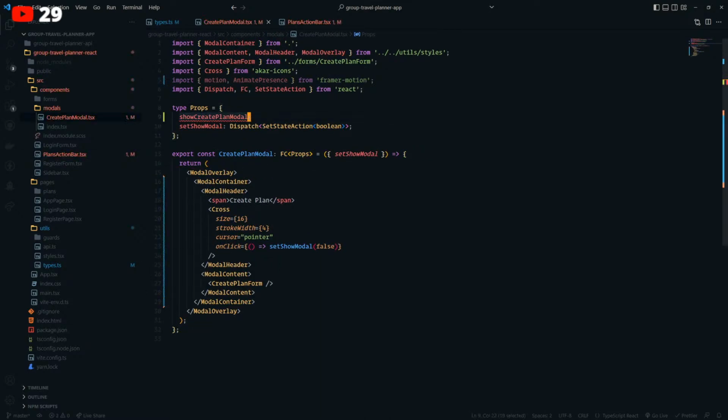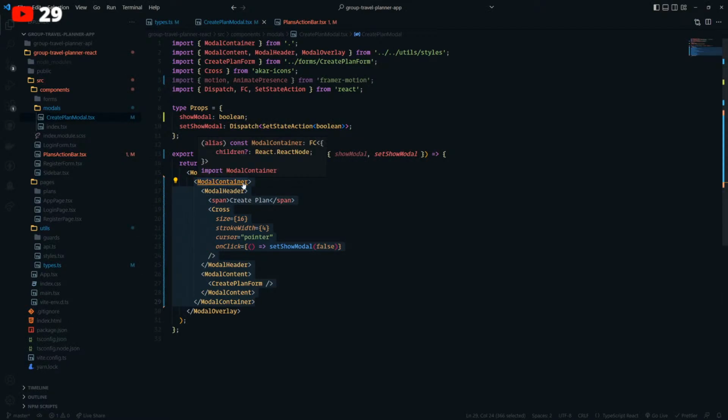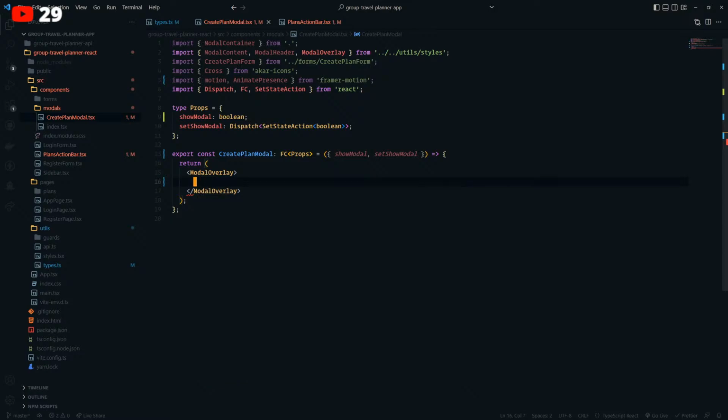So set show modal. I could probably pass this in, and then I could also conditionally render this as well. I think maybe that could work, right? Conditionally render this container. Because if I remove this, we only have this. We also want to animate this as well. So we can try that.